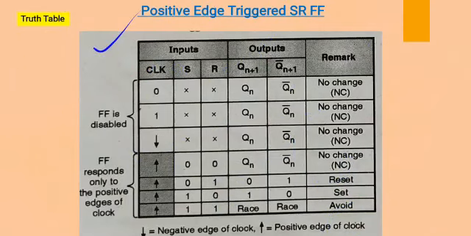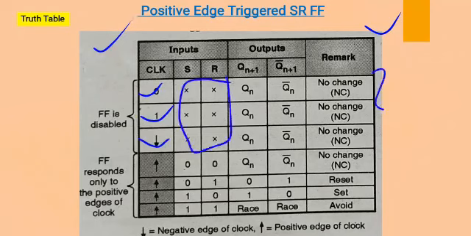So this is the truth table. We have seen all the 5 cases. As per that, this truth table is constructed. Here in the first case we have considered the negative level of the clock, positive level of the clock and negative edge of the clock. In that case, irrespective of S and R, the output is not going to change. After that we have seen S is 0, R is 0 and a positive edge of the clock. In that case also the output is not going to change. After that we have seen S 0, R 1. In that case the output is going to be reset. After that we have seen the next case in which S is 1, R is 0. In that case the output is going to be set, meaning Q will become 1 and Q complement will become 0.